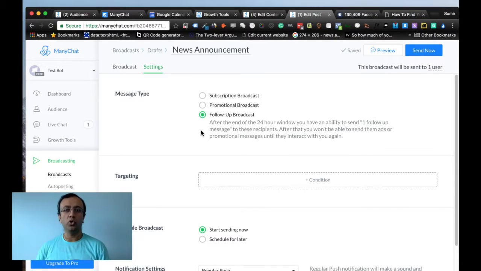In my opinion, you always want to gauge the interest first. You don't want to talk about yourself or your events or your products or anything, especially in broadcast messages. When you're doing it outside the 24-hour window, whenever the user was not active, you always want to first gauge interest.